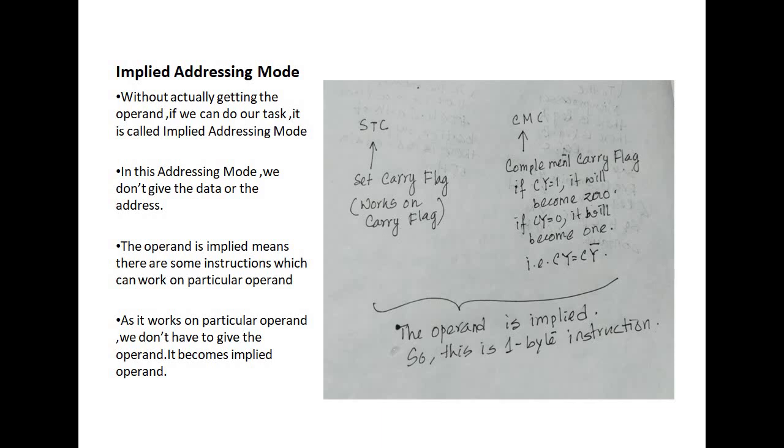What did you learn in indirect addressing mode? We learned that the memory location in which the data was stored was given in a register, and that register was given in the instruction. So you are accessing the memory not directly but indirectly. That is why it is named indirect addressing mode. Understood? And most of the programming we will do in future will use indirect addressing mode, because it works in loops.